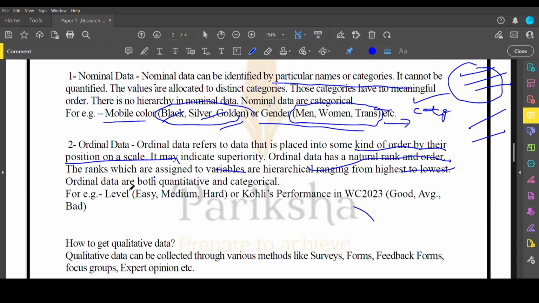Now, ordinal data can be both. Remember this thing, quantitative and categorical. ऑर्डिनल डेटा जो होता है वो क्वांटिटेटिव भी हो सकता है और कैटेगोरिकल भी हो सकता है।